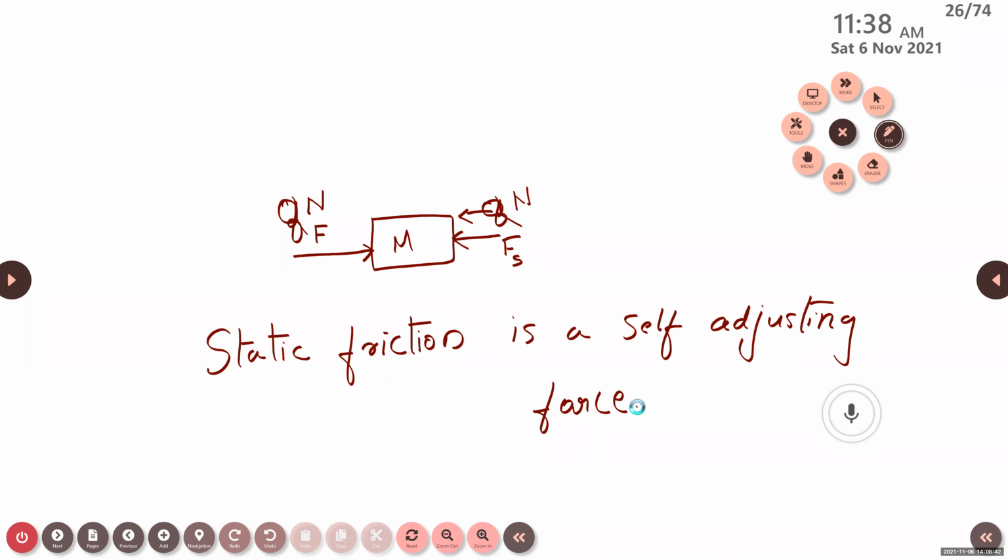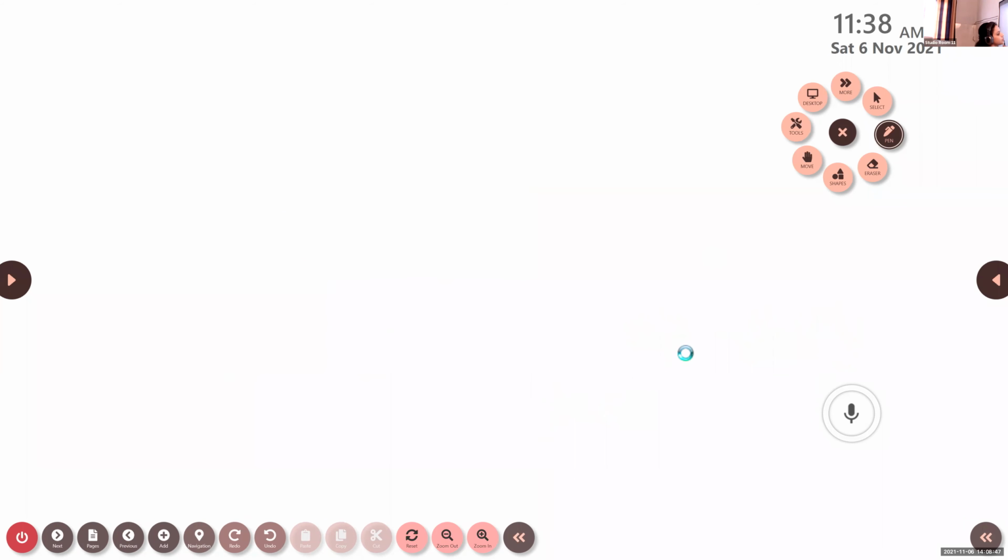You don't know. You didn't understand the concept? Okay, once again, I will explain the same. Here we consider an object with a mass m. We exert a force of 1 Newton from this direction. This is the external applied force. We know that static friction is a force exerted on an object which is in a state of rest on the surface of another object. So here we exert a force of 1 Newton on the object.